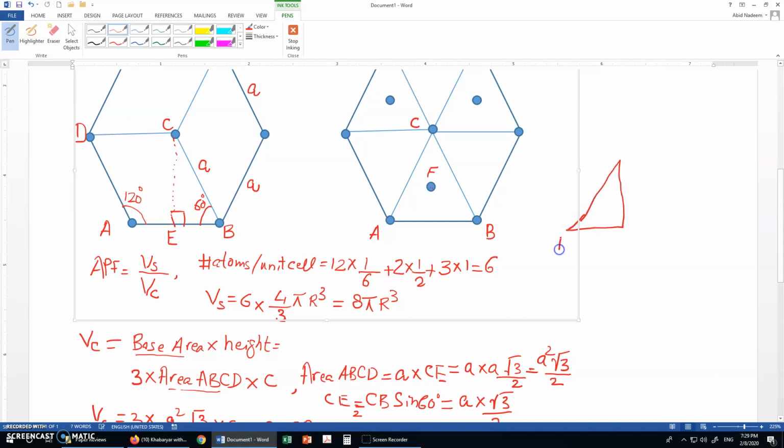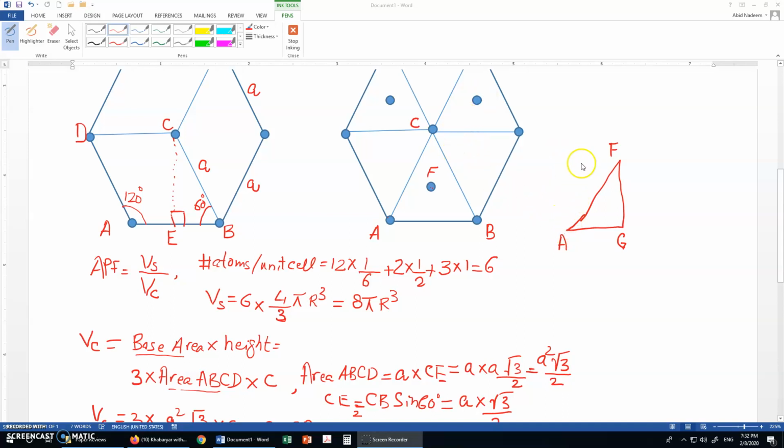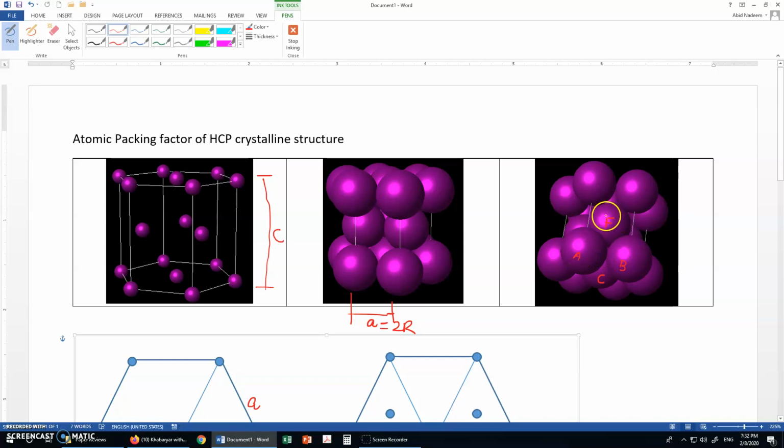This I say as A, and this is F, and you can see that F is the middle atom, and this will be the point directly under F. I call this G. In this case the length AF is equal to 2R, because A and F are touching each other. These are two atoms, so the radius of this is R, the radius